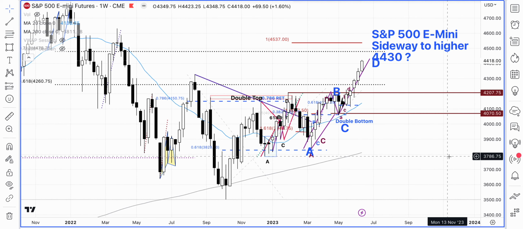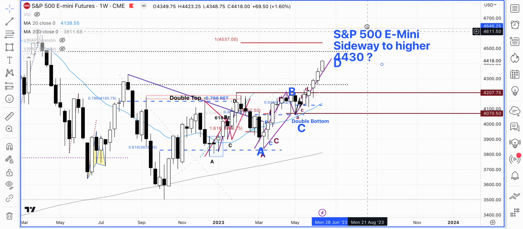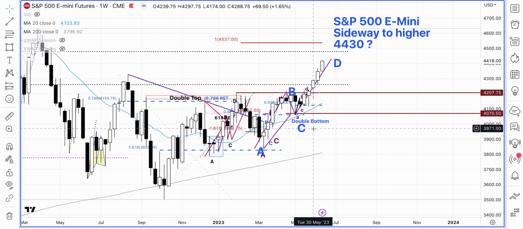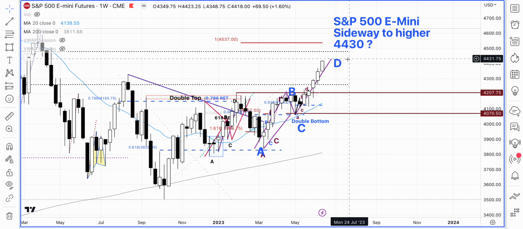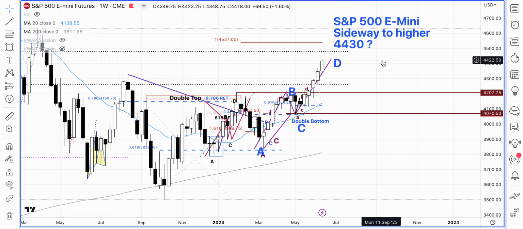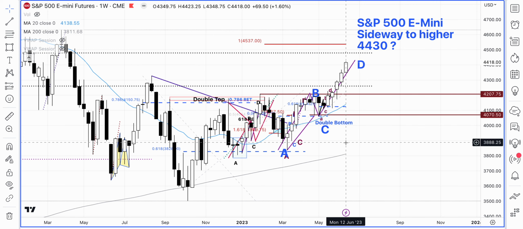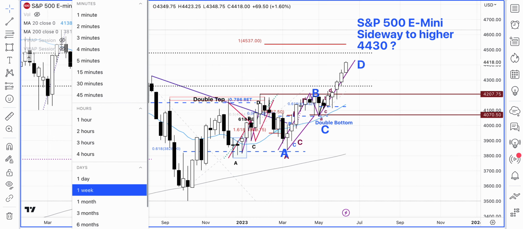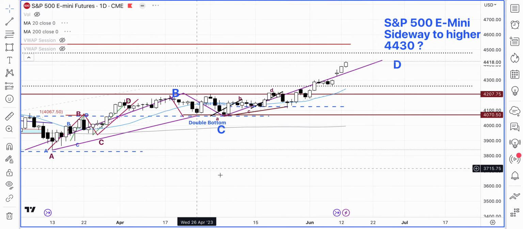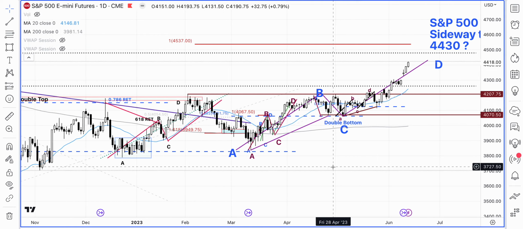So our long-term subscribers will know that for a long time we have been looking at this ABCD pattern formation, which we had a target of about 44.30, and we are very close to that target. So today's high has been 44.23. So I'm going to go to a daily chart now, because this is easier to see